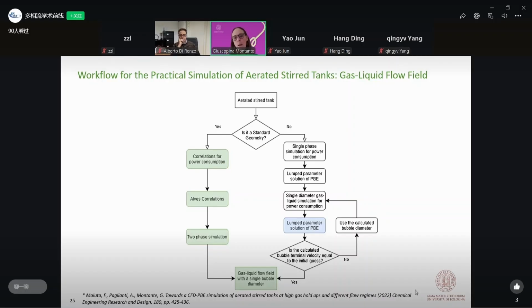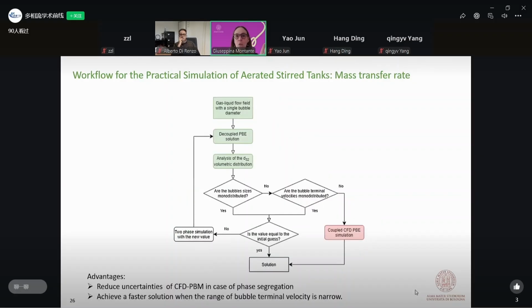If the distribution of bubble size and terminal velocity is equal to the initial guess and the calculation converges, we can go on, or we can consider the solution as it is. So this is a way to face the gas-liquid flow field, to have a good prediction of the gas-liquid flow field based on a monodisperse assumption of bubbles, but of course we cannot stop there. We need to go on, and we need to predict mass transfer rate, and in this case we need to couple